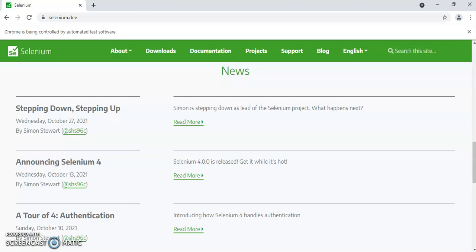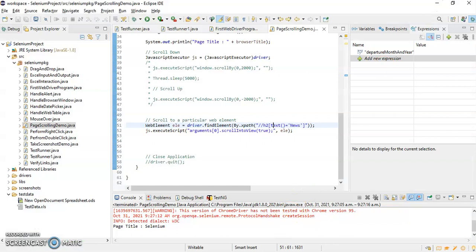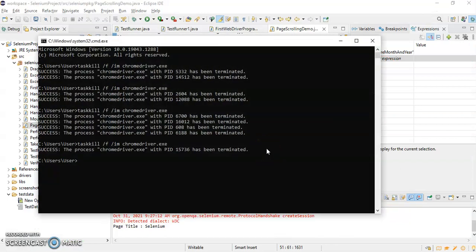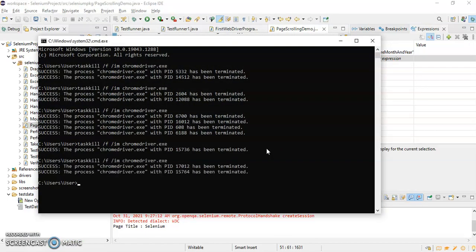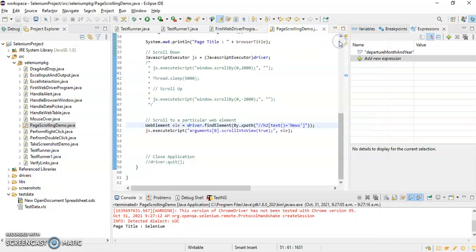Let me kill the WebDriver instances, the Chrome driver instances. Now the last scenario where I want to scroll my page to the bottom of the page. I can write scroll to the bottom of the page.